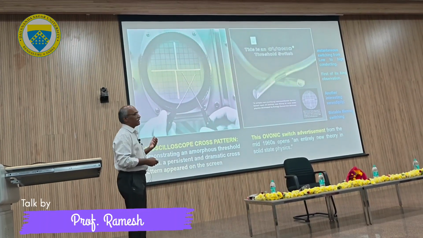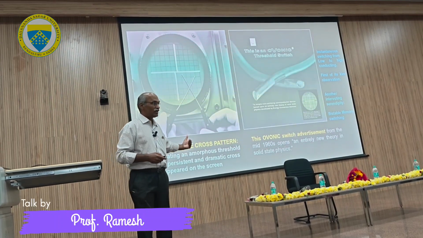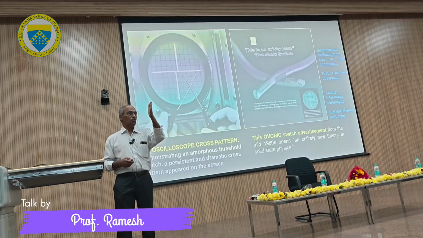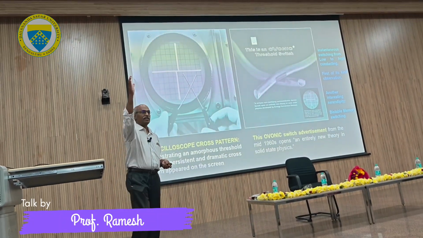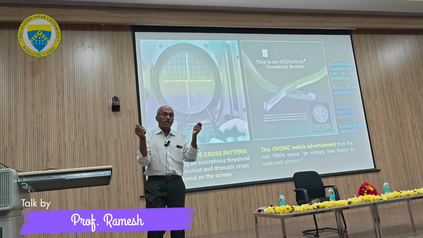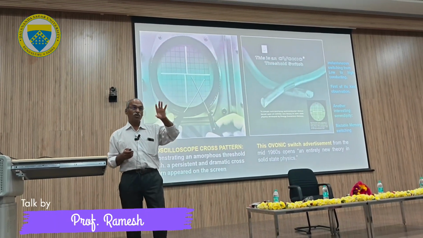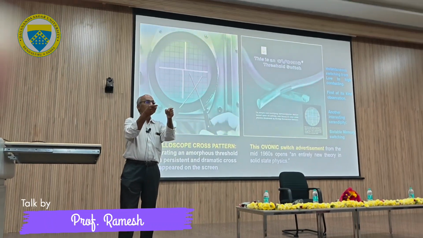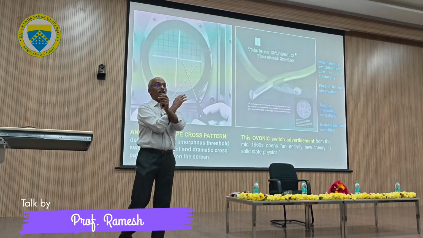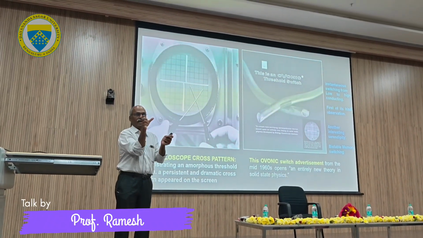So he selected sulfur, the group 6 element. That's how chalcogenides came into the picture, because these all have twofold coordination, so it's a chain-like structure. So they're flexible. He chose these materials, and to control the rigidity, he chose group 4 and group 5 elements. Group 4 have fourfold coordination. If you put in germanium, they can cross-link the chain, right? So they can increase the rigidity. If you put in a group 3 element, they can branch these chains, right? We can connect the